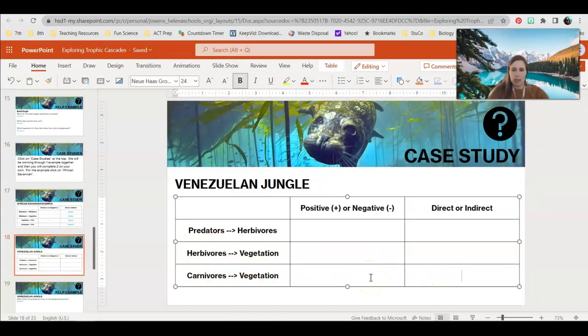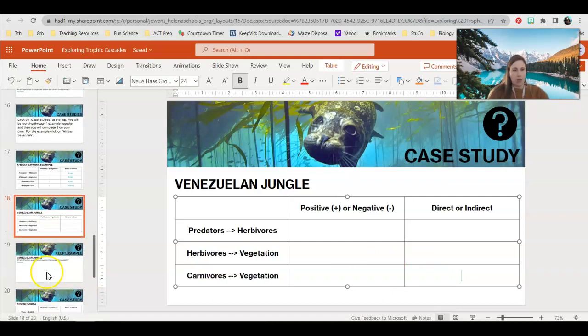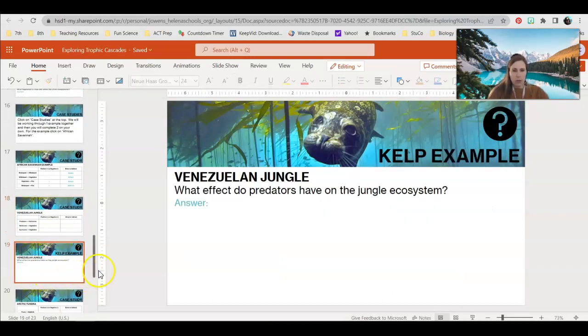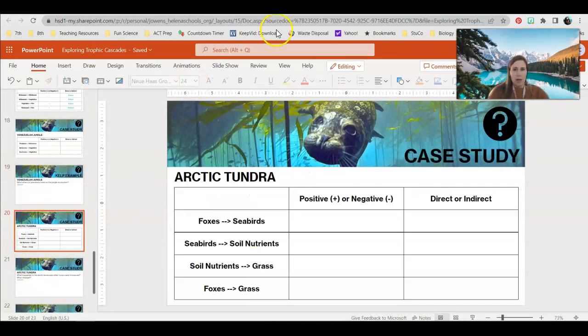Is that direct or indirect? And is it going to have a positive or negative effect? And you'll answer this question. What effect do predators have on the jungle ecosystem? So if we don't have them, what effect does it have? Okay. For the Arctic